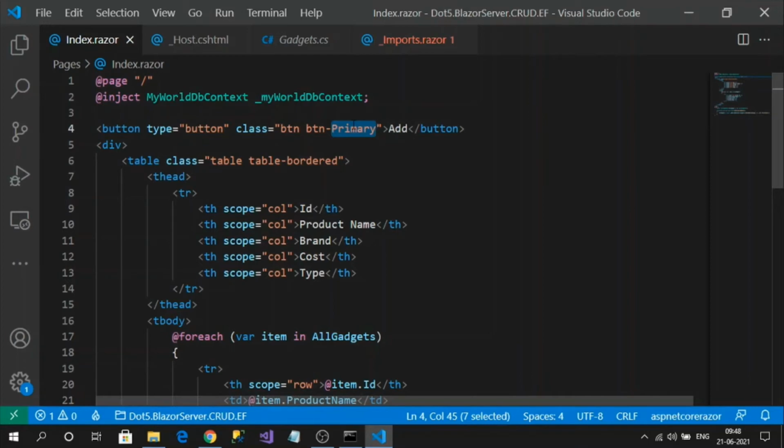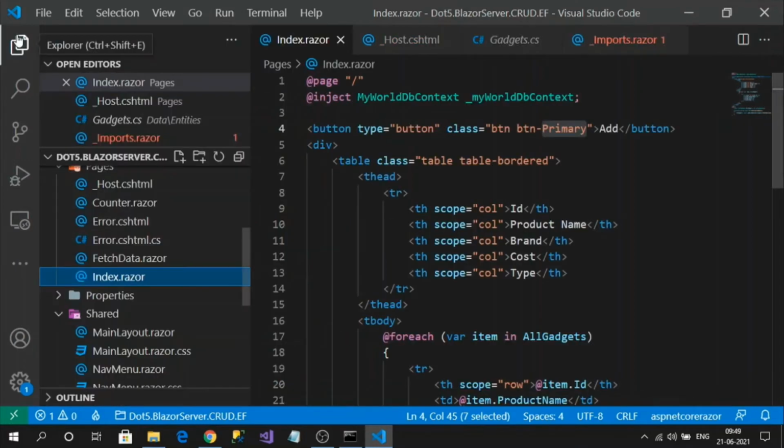To open a Bootstrap modal, we have to write some JavaScript code. In Blazor, there is an advantage that we can invoke JavaScript code from our C# code. That is called JavaScript interoperability. Blazor supports JavaScript communication from our C# code as well. So first, I am going to create JavaScript code that invokes the modal pop-ups.